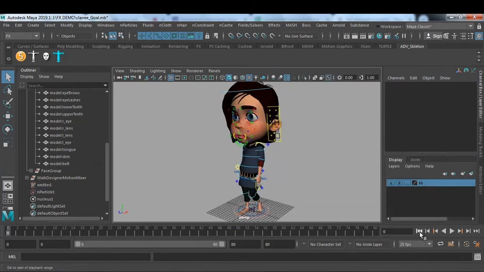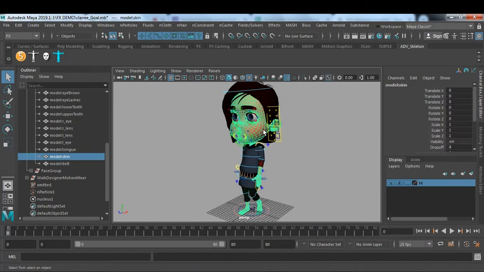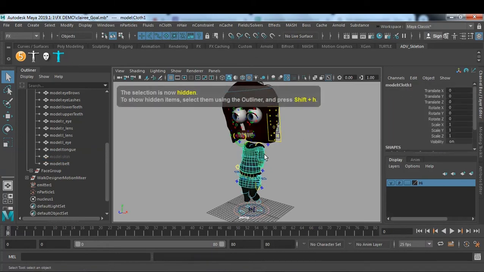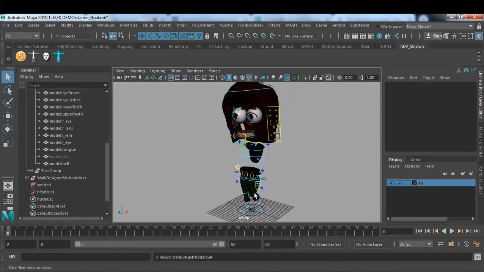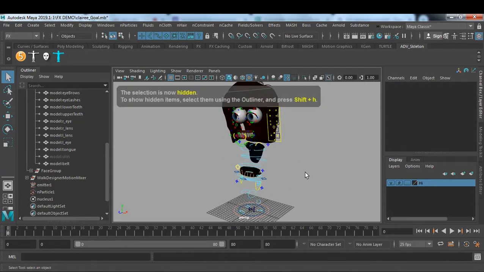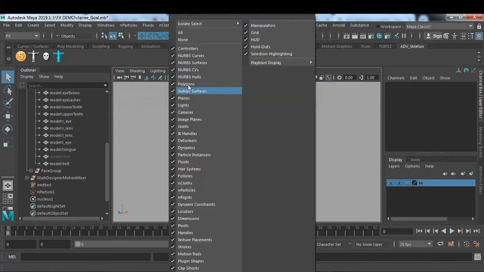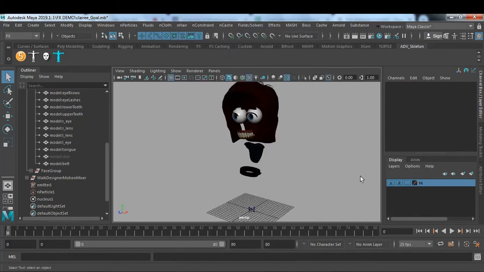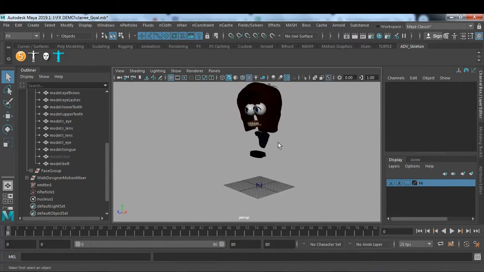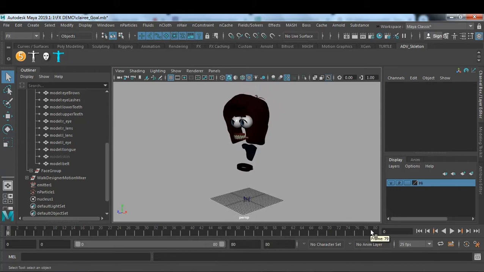If I hide this particular surface with Ctrl H, and I'm going to hide the cloth also, the lower cloth also, and I don't want any curves, so I'm going to hide the curves also from here, under nurbs curves. So we're just seeing the hair system and all that. Just hit the play icon, and you can see the character is forming, but it's forming very slowly.